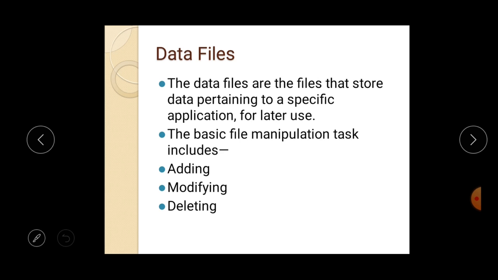Now the basic file manipulation tasks that you are doing in file handling are addition, modification and deletion.